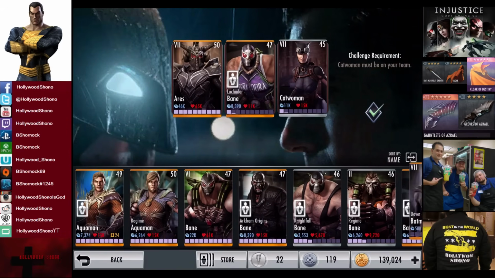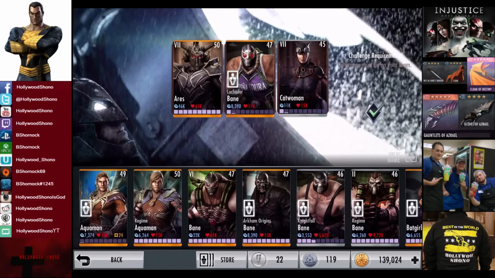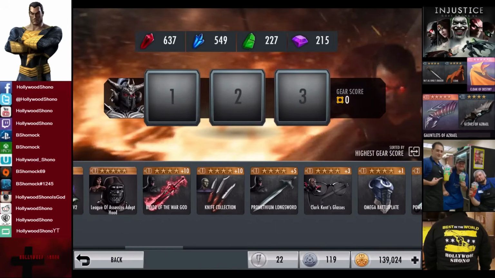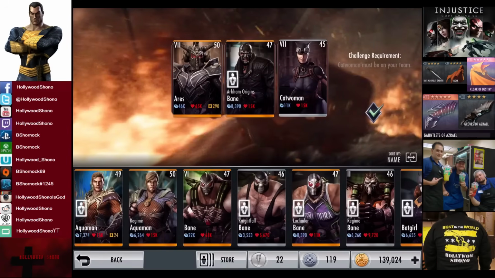We're going to make a quick roster change. We're going to throw in Ares. We have to use Catwoman, so we're going to recharge her a couple times. And we're going to throw in Arkham Origins Bane. So Ares we're going to load up with some damage gear. We're going to give him the Blade of the War God, Knife Collection, and Prometheum Longsword, and the same carnage